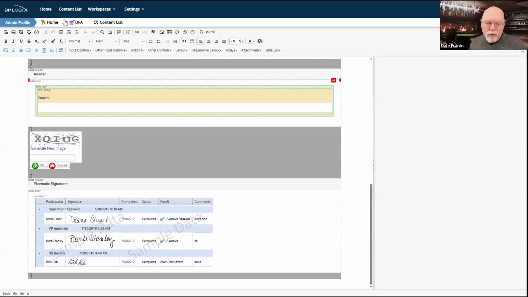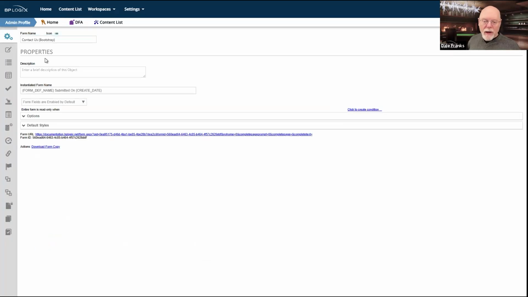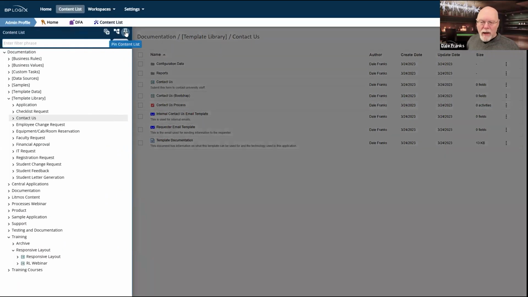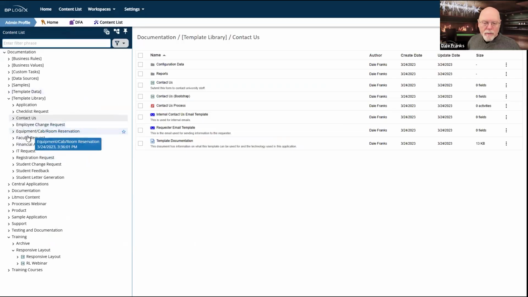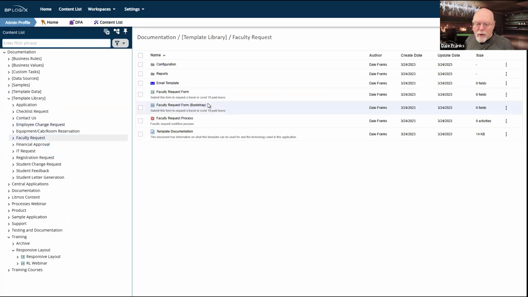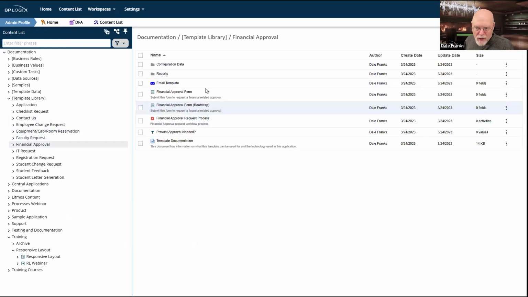So if you prefer to use Bootstrap rather than tables for layout, you are perfectly free to do that. In most of the templates we provide in the template library, we have Bootstrap forms already done for you that look like the normal Process Director forms.